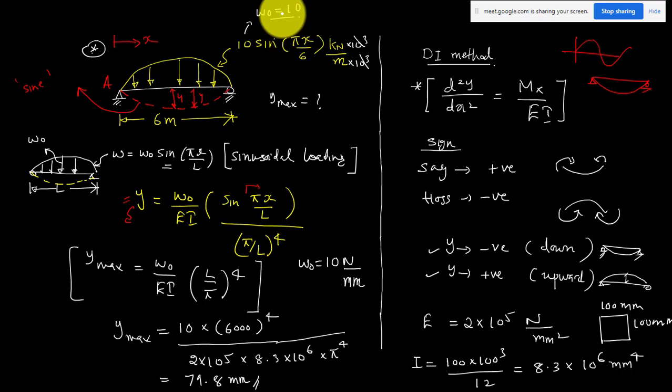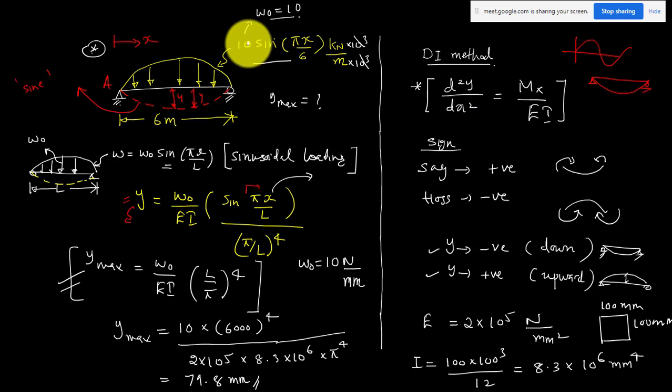So the main thing is, if we have a sinusoidal loading, your deflection, or the elastic curve, will also be in the same variation. You will have a sine variation. So you can remember this equation very easily. If you have a UDL or UVL, what will be the deflection equation? That will be WL raised to 4 by 384. The equation will be in that form. Here the only thing is one pi term will be coming extra. So if you want, you can remember this. Otherwise, you can solve it by using the double integration method.